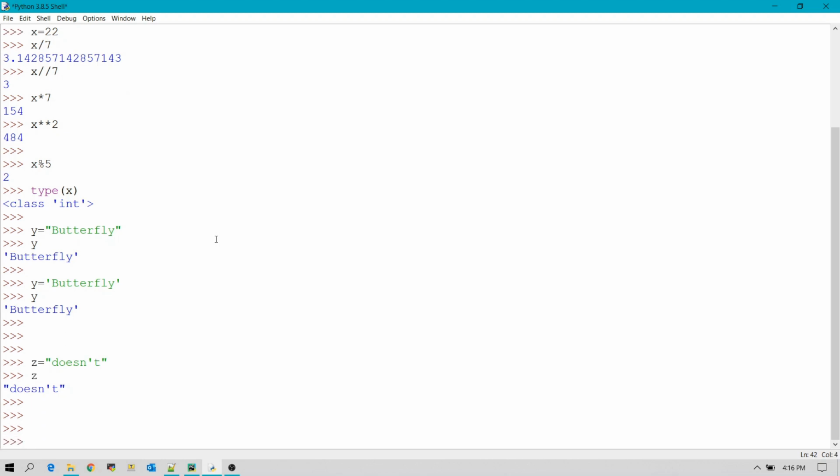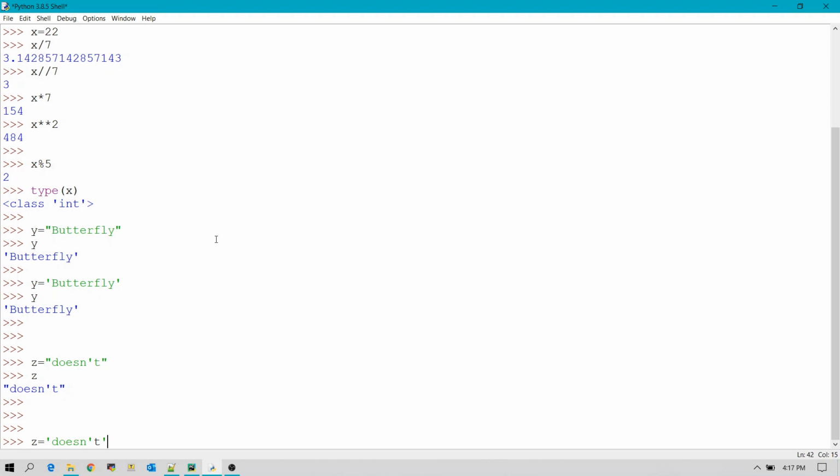Similarly, what if we want to use single quotes, and then there is one more single quote that comes in between our string? Let's see if we can use that or not. So we write doesn't, and you can see it is taking only this part as a string, right?